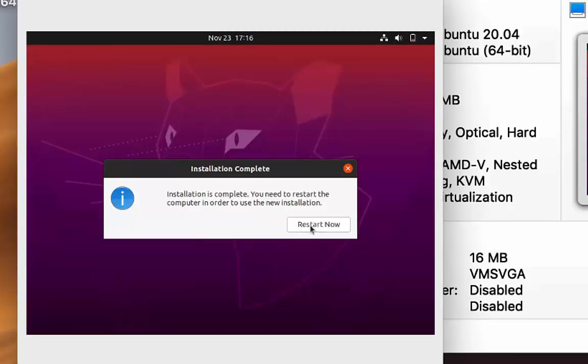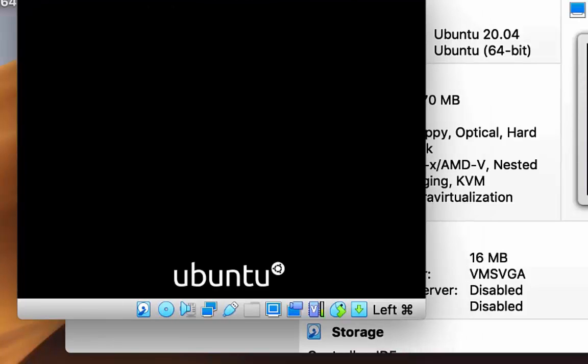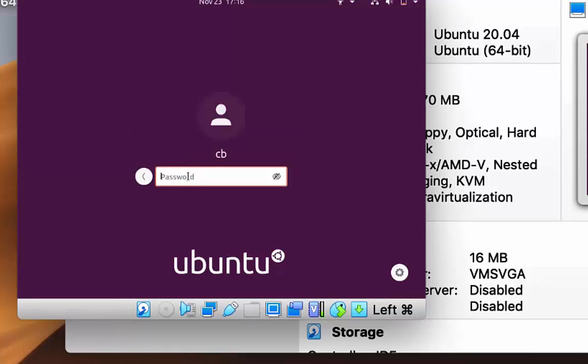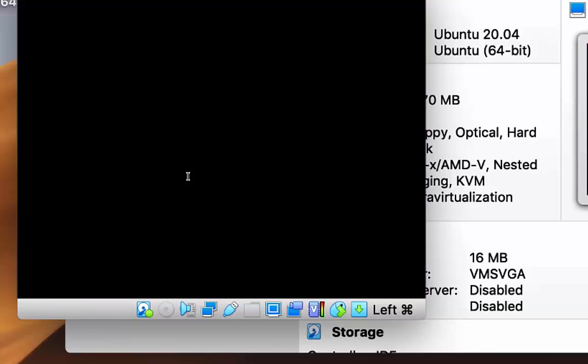So I'm going to just click on this Restart Now button, which is going to restart the Ubuntu guest operating system on my Mac operating system. Here it says please remove the installation medium and press enter. So I'm going to just press enter here, and now I can see the username here. So I'm going to click on the username and then provide my Ubuntu's password, which I provided at the time of installation, and then press enter,